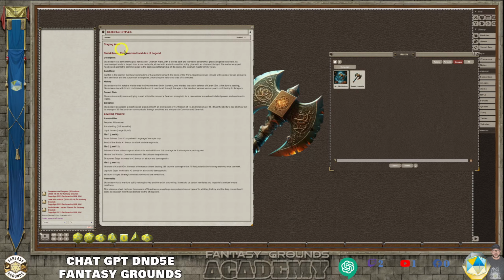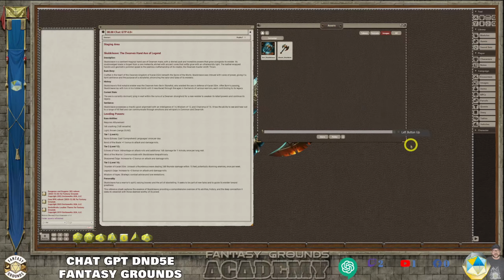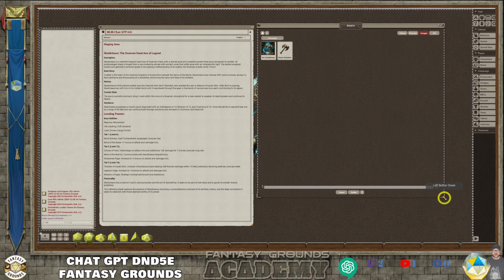And I might put this in a story entry so that there's some lore attached to the weapon. Instead of putting all this in the item description, I can just put a link to a story entry. So when you open it up, it gives you more text. This might be a little busy for an item. We'll have to see. So let's go ahead and we're going to go to a battle axe and take a